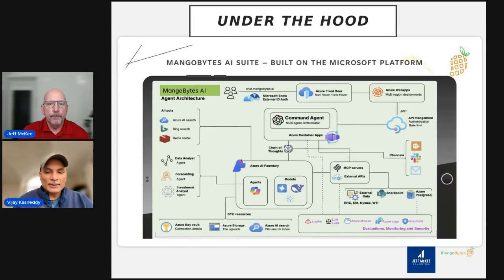Now let me talk a little bit about the second layer, which is important, which is not reflected in this particular slide, and maybe somewhere it's buried in some of those boxes. This is what we call the knowledge and grounding layer. The idea is that MangoBytes AI grounds every response in enterprise knowledge.